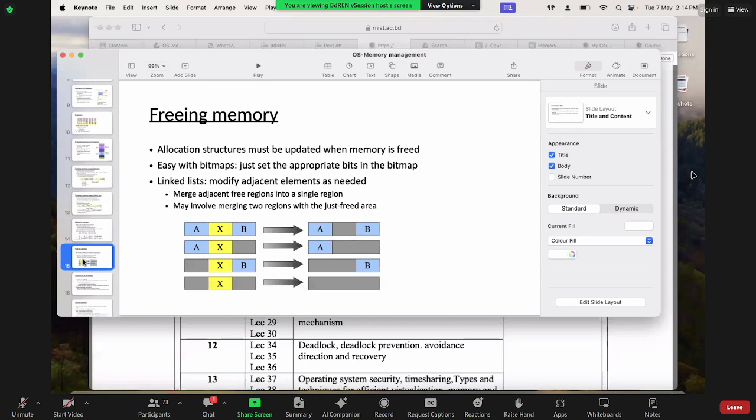You can just see here. A, X, B, all these are processes running in the memory. Just for now, don't consider this; consider it as process memory along with the extra block of memory that has been granted for it to grow. So, A, X, and B. Since X has completed its execution, it will move out.